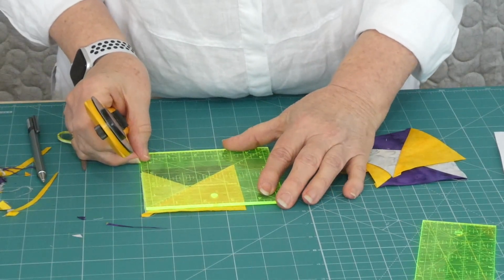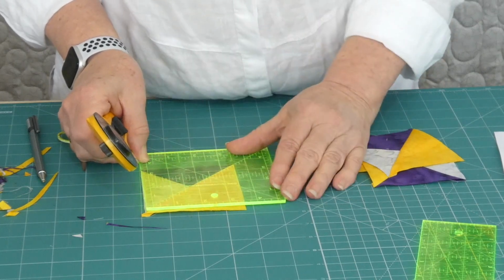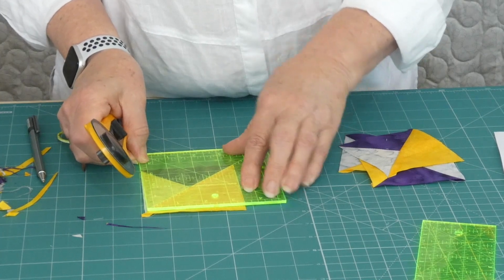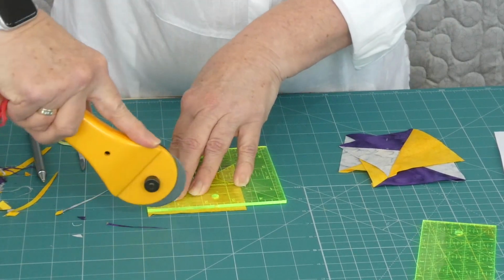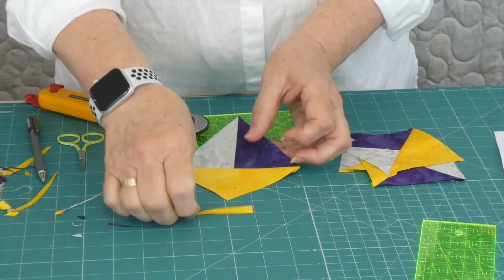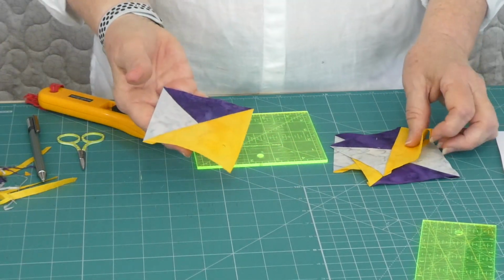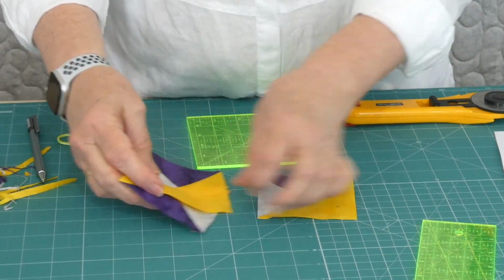on this side. So lining the ruler up with the cut edges and the diagonal. As you can see, there's considerably more of that yellow colour to trim again, and just a little tiny whisker off that side of that coloured bit, and that's because we had a larger square, because that's the way we had pieced it. So I've actually now gone ahead and done all my trimming, so I've got my block ready